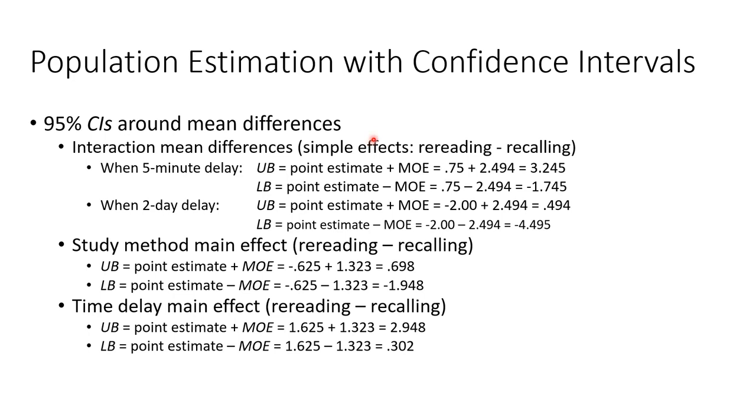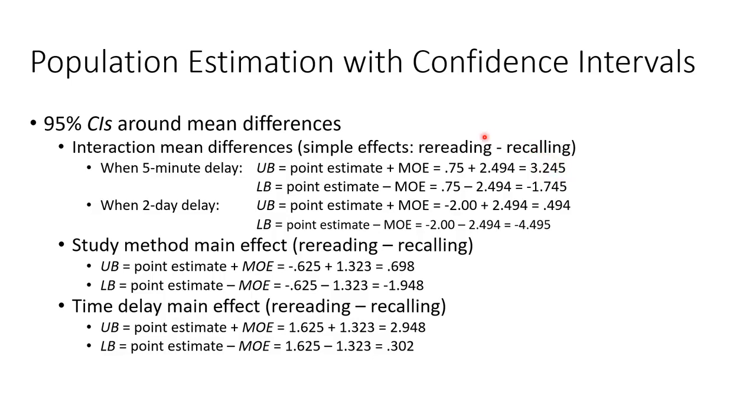In other words, which mean was subtracted from which mean. So it's important to note that in this case, we subtracted the recalling mean from the rereading mean. So that means a positive value at the end is going to mean that rereading had